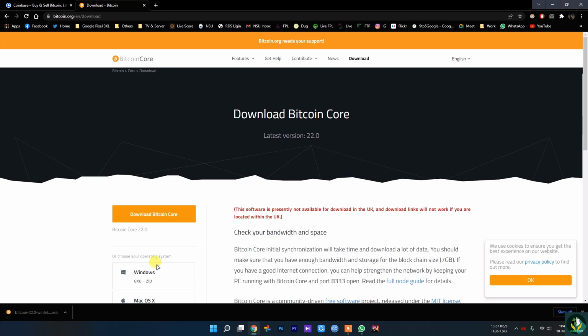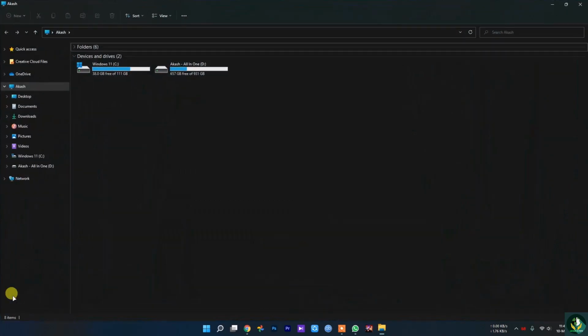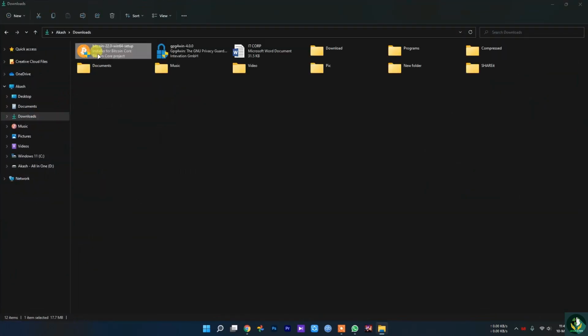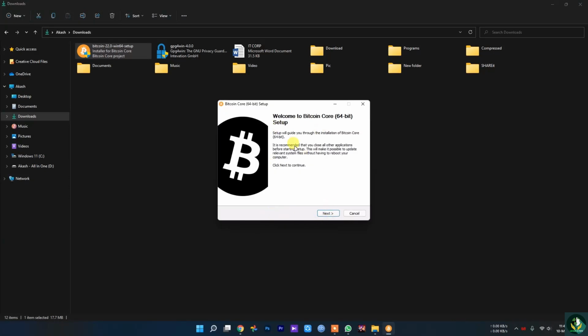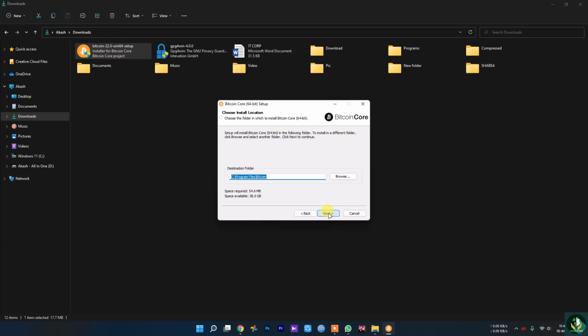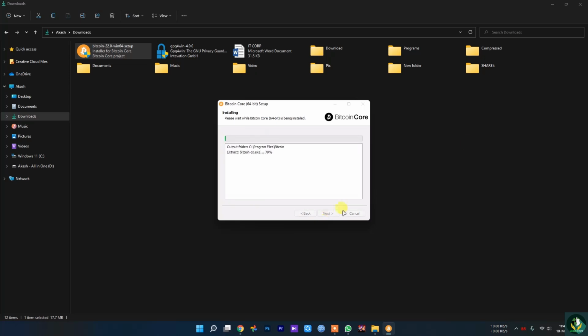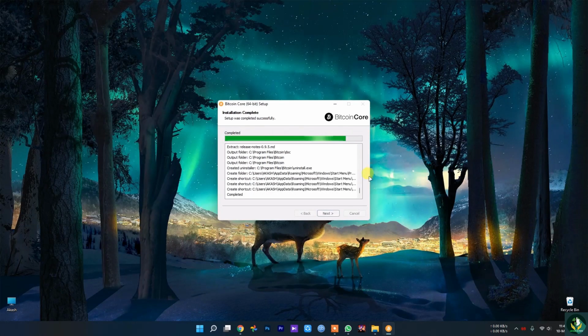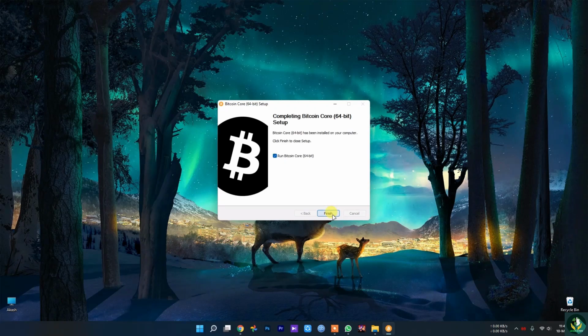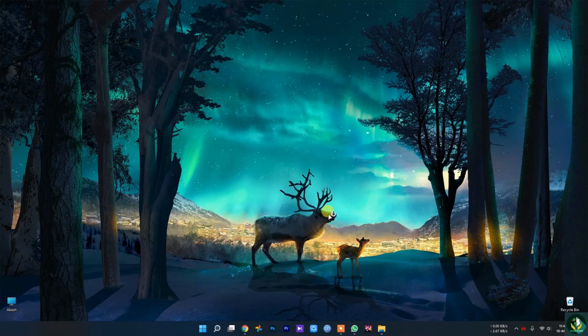Now let's install Bitcoin Core. It's a simple installation process. Just click next, next, next, then click next and run Bitcoin Core 64-bit.